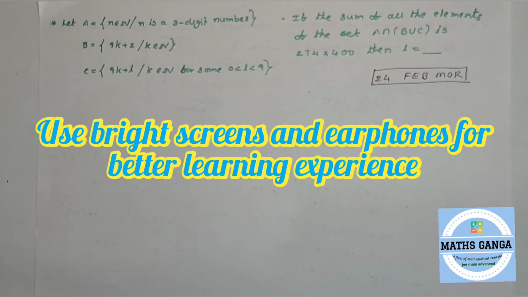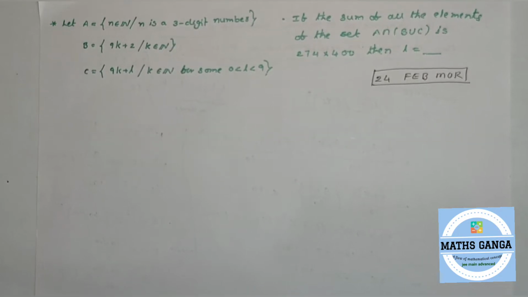Hello students, this question is from sets asked in Mains 2021 February, specifically from the 24th February morning session paper. Sets and relations are optional from mains questions, and among all the 6 session papers of this 2021 February there are 2 questions from sets and relations. This question is from sets, and I have another question from relations. I will discuss that one also. You just have a look at the question on the sheet.